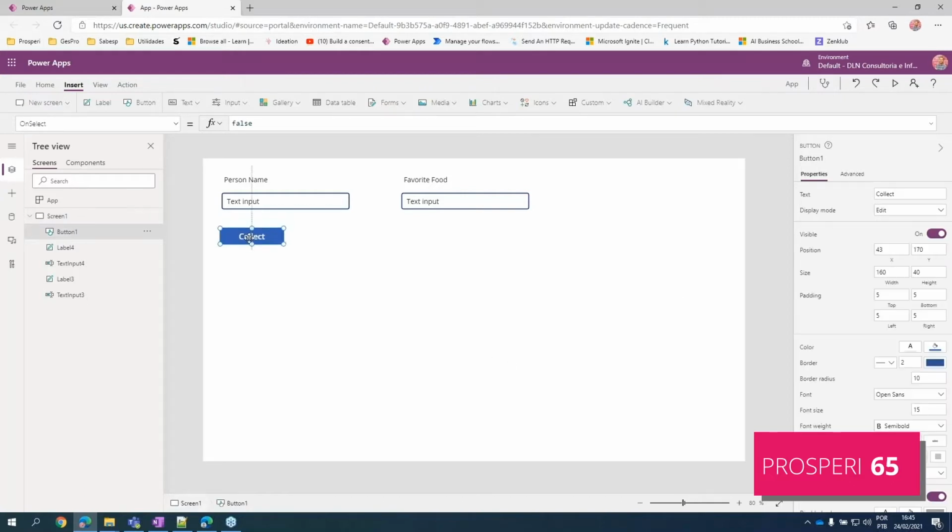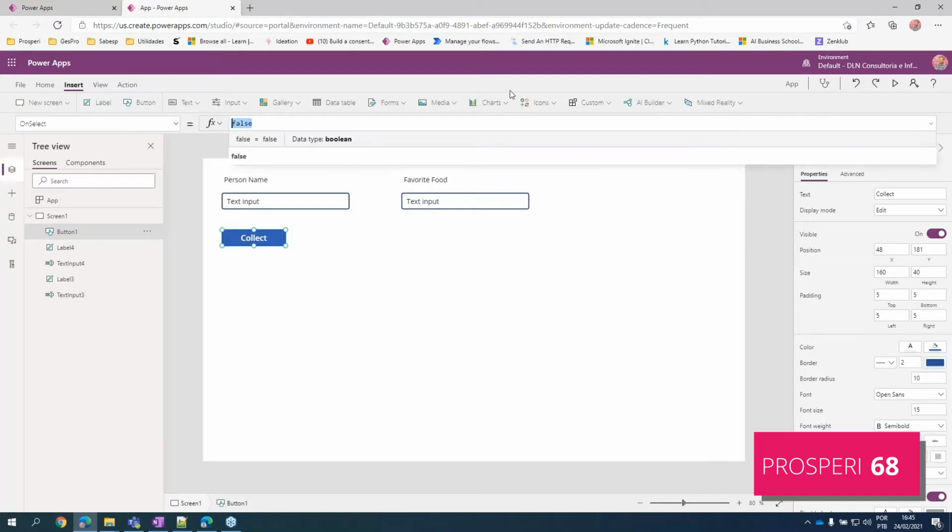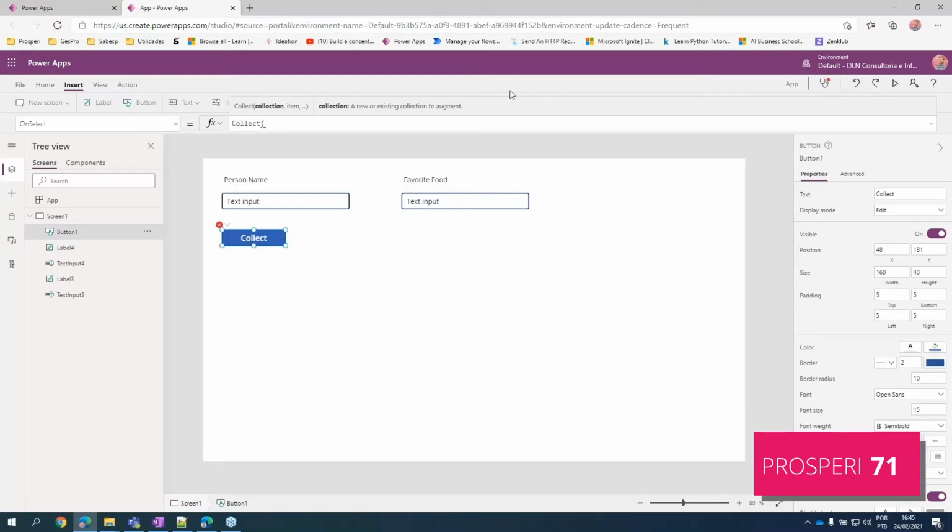So the first command we are going to show you here about collections is the collect command. Here we can create a collection automatically and insert items into it as well. So if a collection is not created, it creates. And if it's already created with items, it just adds new items, okay? So here we name the collection like favorite foods, okay, favorite foods. And we cover in braces here and we type the property name, person, column, the value,